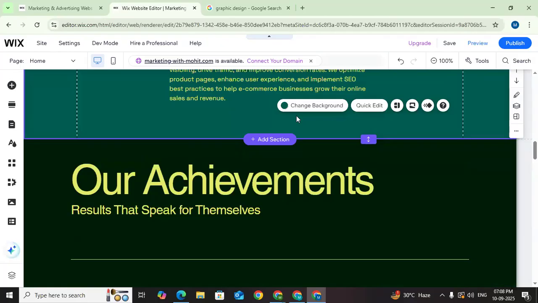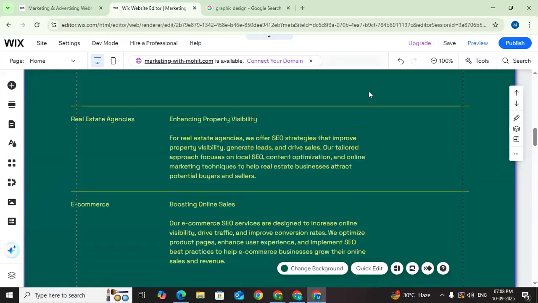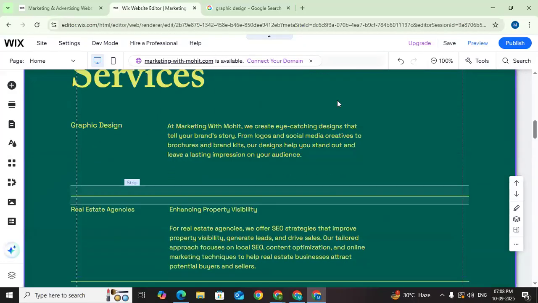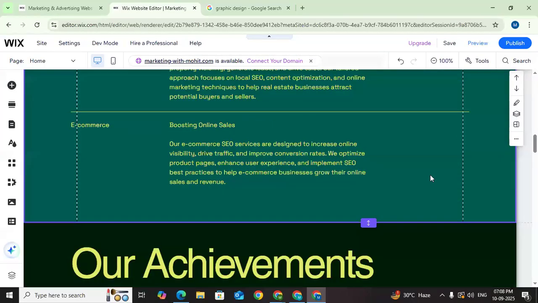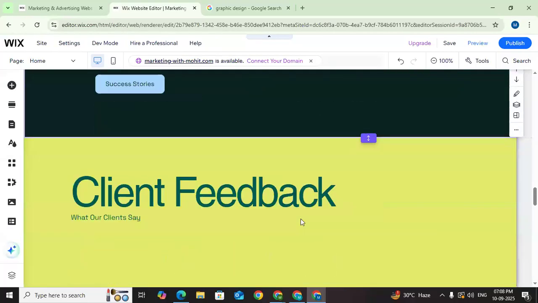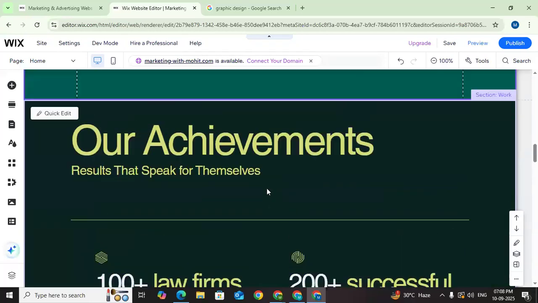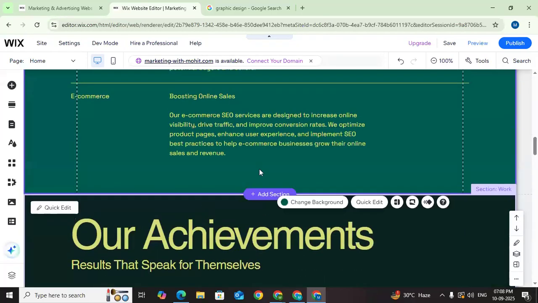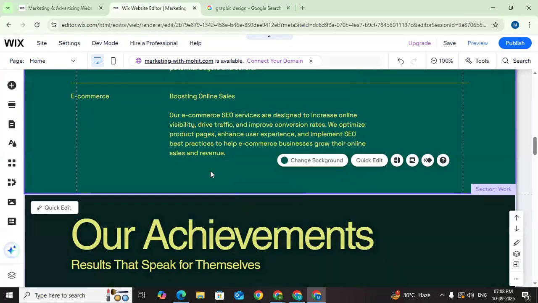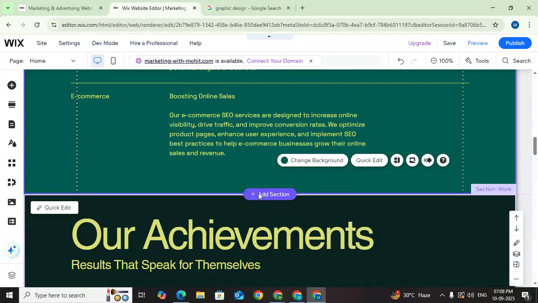Okay. So here, after the graphic design image we downloaded, we can just put it here. Then we see the achievements part, that we can add it here. There are some certifications that you have done, you can change them. And in between, if you want to add your portfolio, you can add a section here,